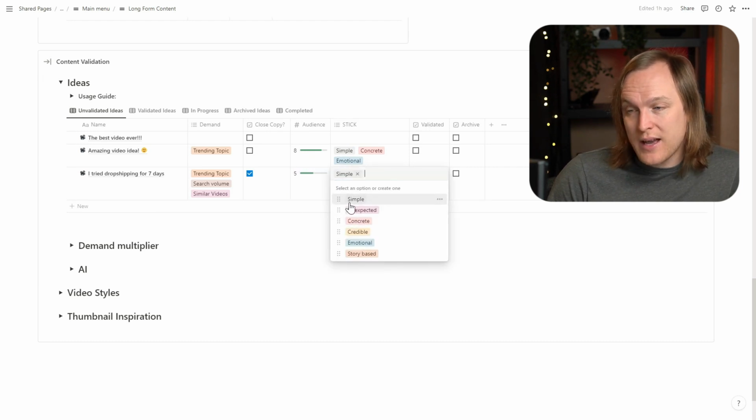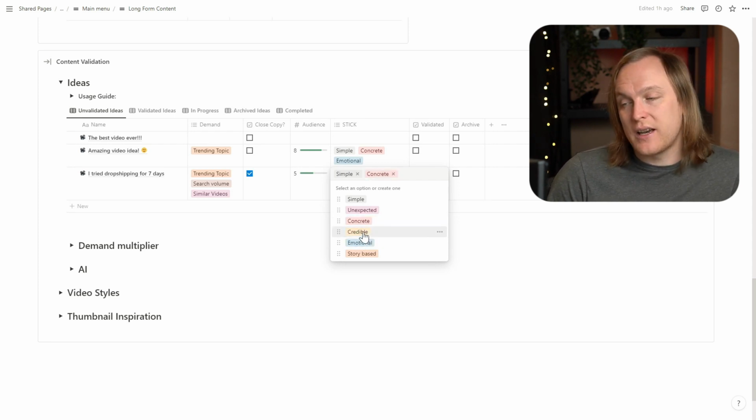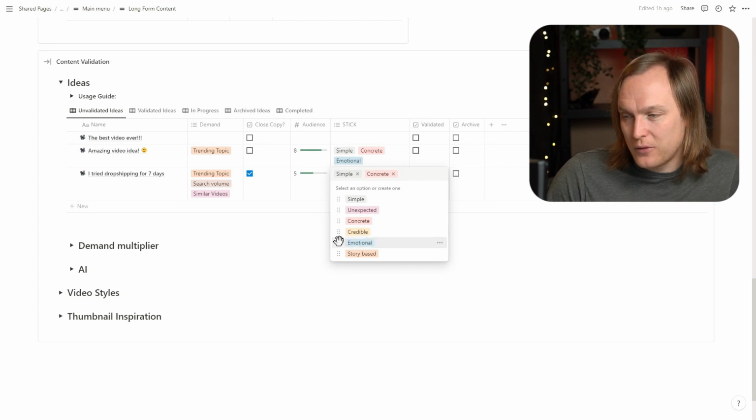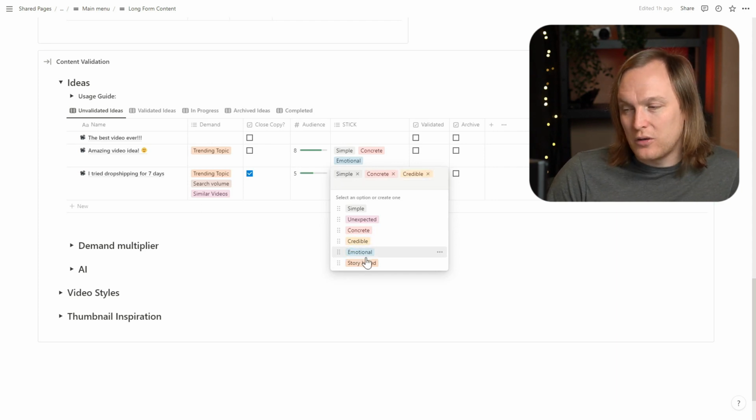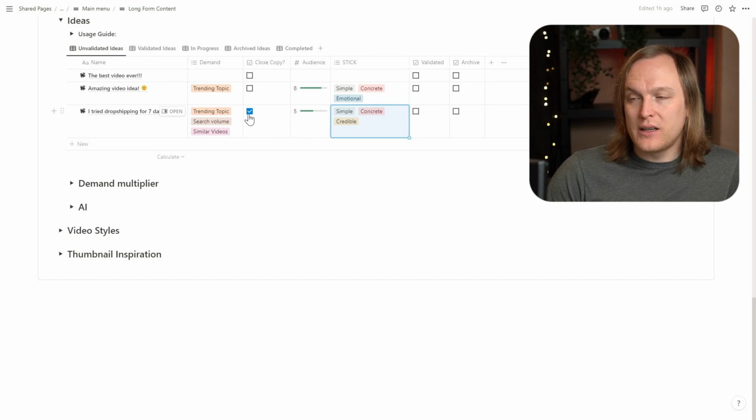Is it simple? Yes. Is it unexpected? No. Concrete, I would say yes. Credible, yes, as long as I actually do this challenge for the full 7 days. Emotional, probably not, and story-based, probably not. And this is a way to take an average idea and make it a really good idea. So because the close copy is